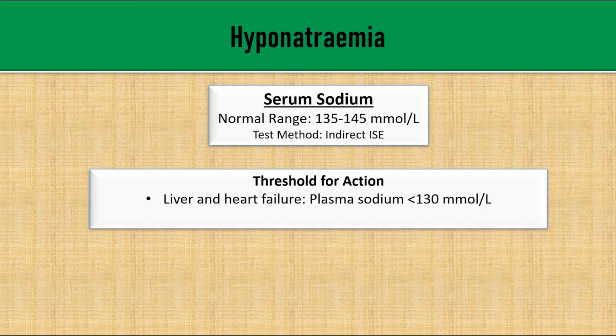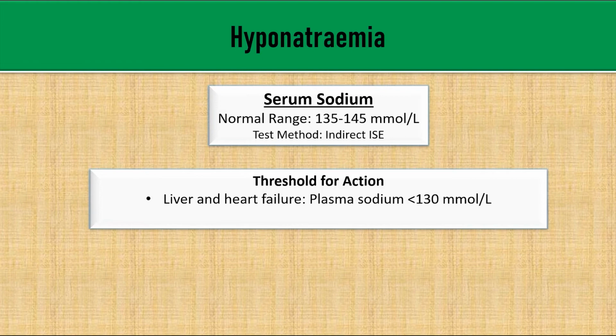Just to highlight that in certain populations, because of the underlying comorbidities, for example, chronic liver failure or chronic heart failure, most of them would generally have a lower plasma sodium compared to the general population. And most of the time, we will not initiate treatment unless the patient is symptomatic. Generally, the recommended threshold for action is when the plasma sodium falls below 130 millimole per liter. But my advice to you is, don't treat the number, treat the patient instead, because as long as